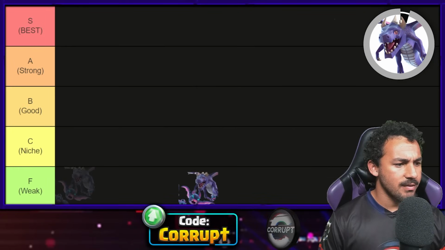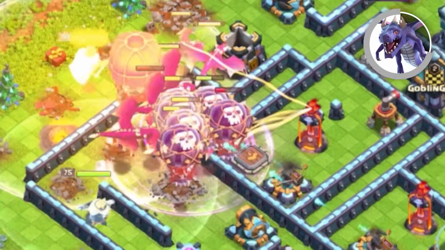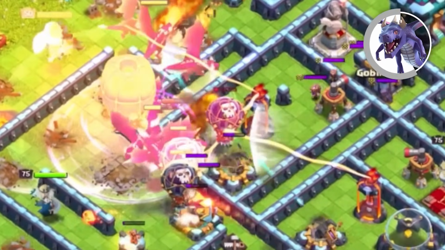Let's rank every Town Hall 13 attack strategy from worst to best to help you 3-star more. Starting with the F tier, we have the Dragbat. Easily, Dragbat is the weakest of all the armies here, and while it is still usable thanks to hero equipment